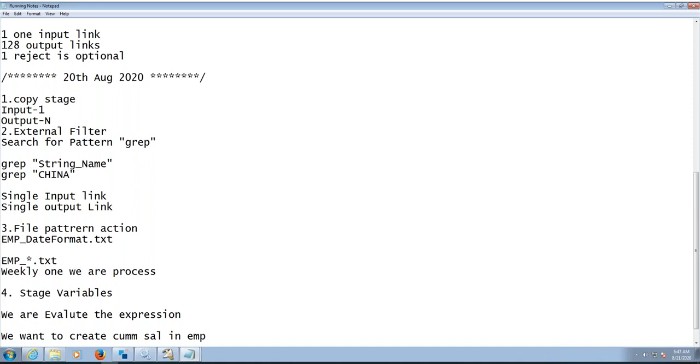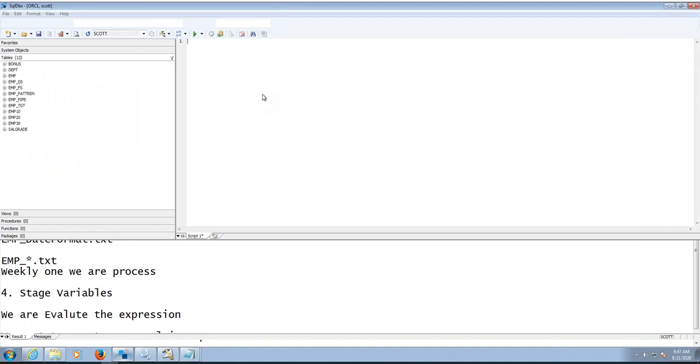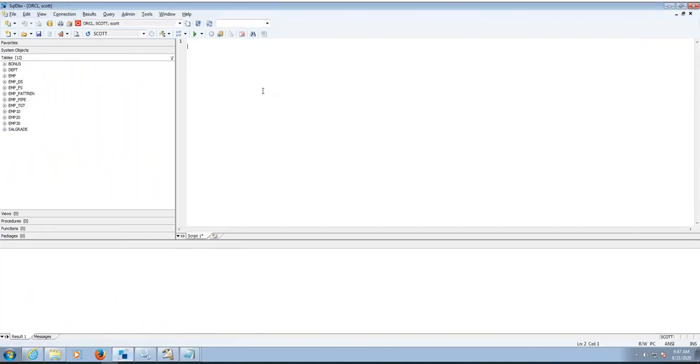Let me open the database. Okay, so select star from EMP, and I will make order by sal so that it will be easy to calculate.